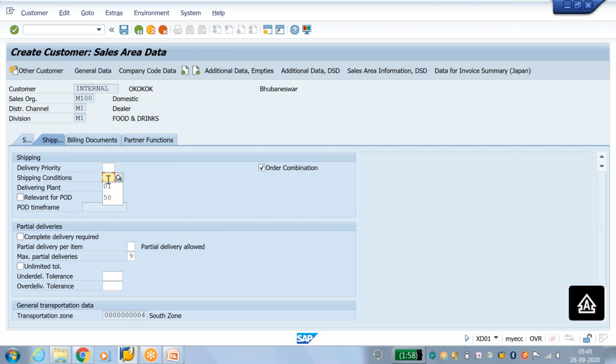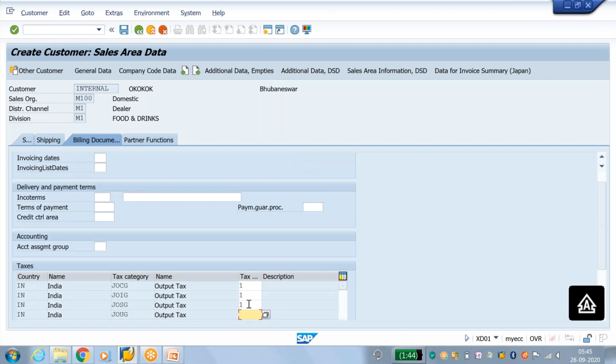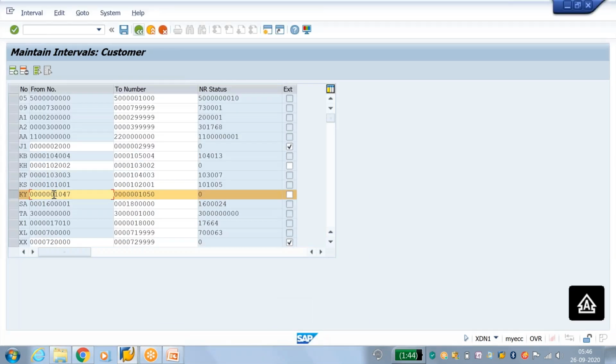I'll insert only mandatory fields over here. Save. The system allocated 1047 because our interval was starting from 1047.